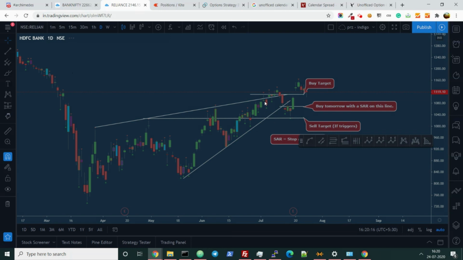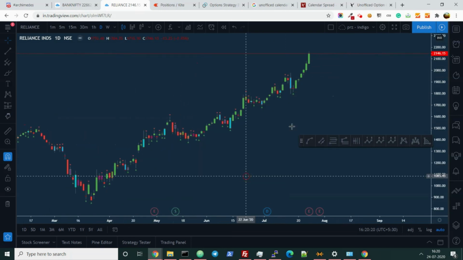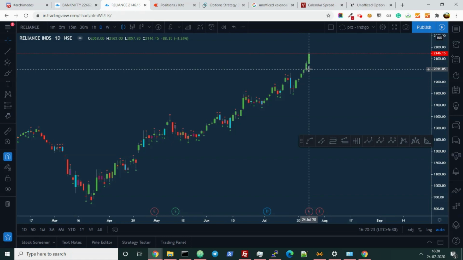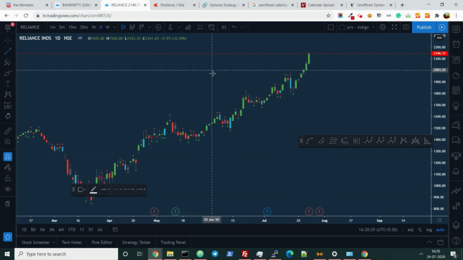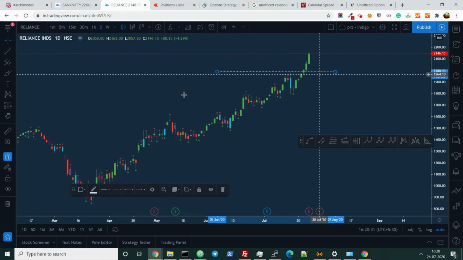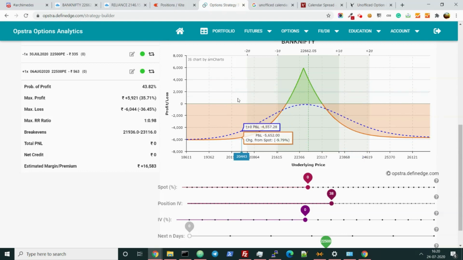People are already expecting a huge, amazing result from Reliance. What if it comes as an okay result or some bad result? It will come down to here only from where it started, right? And we also need to be sure of this downside range. So that's why I have done a neutral strategy. As you can see, this is a very neutral strategy here, right?